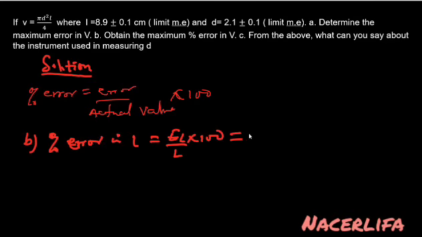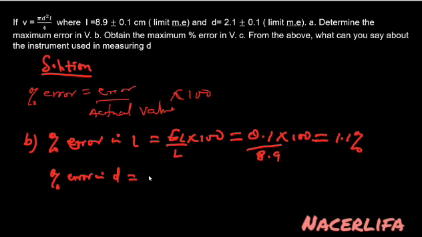So we have 0.1 as the error in L upon the value of L, which is 8.9, times 100. Once we do this, we have approximately 1.1 percent. So to find the percentage error in D,